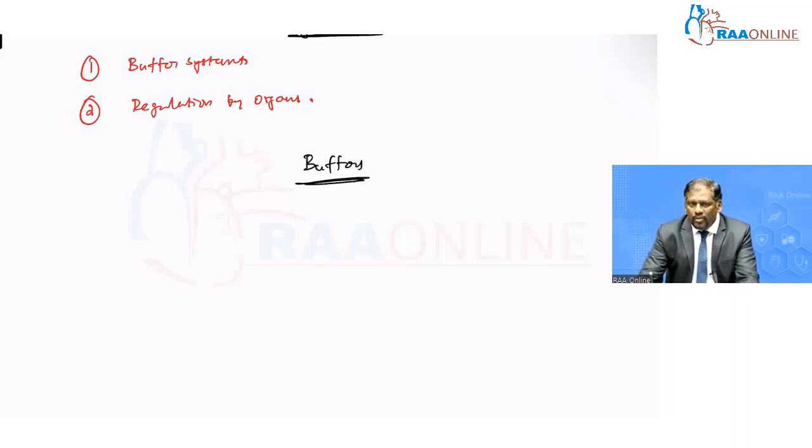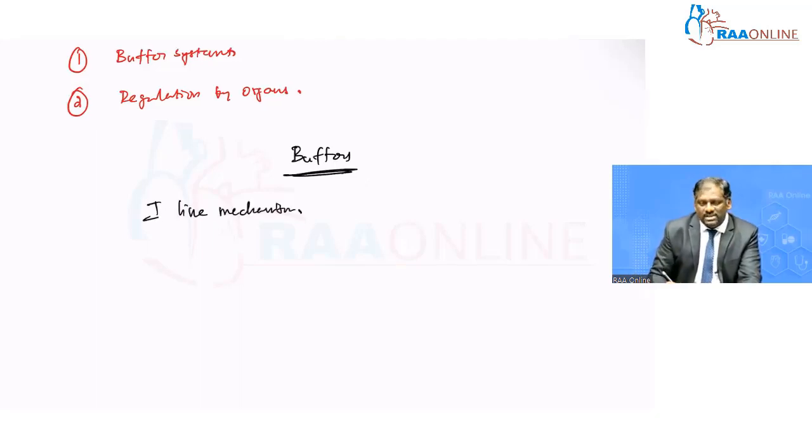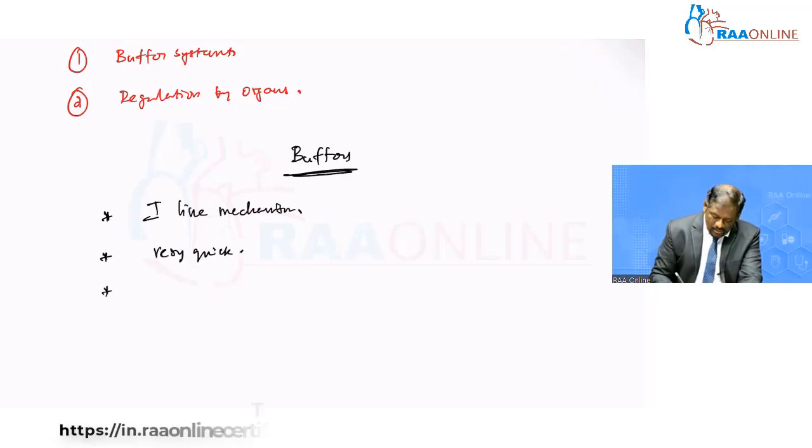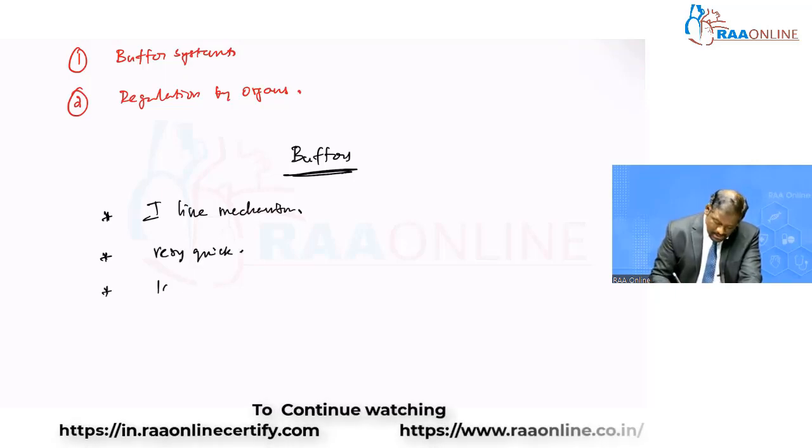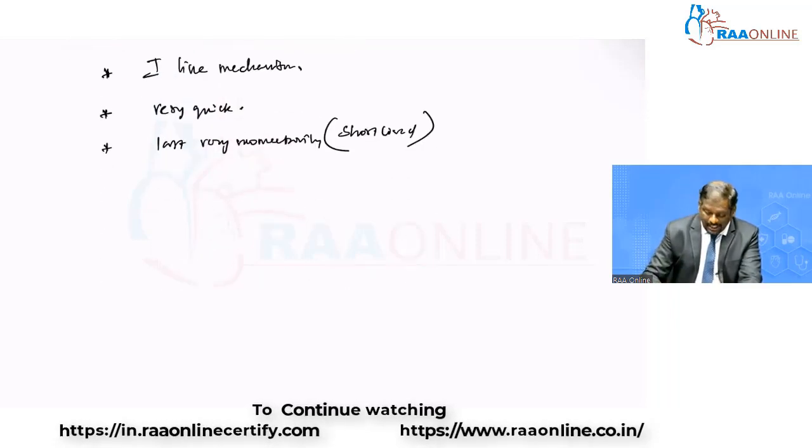Clear? Now, our body naturally has various different kinds of buffers, and these buffers act as a first line mechanism. What is the second major thing? The action of these buffers is very quick, but it can be very momentary or short-lived. So these are the characteristic features of